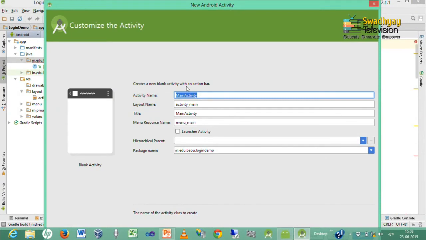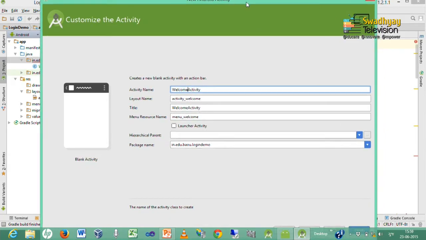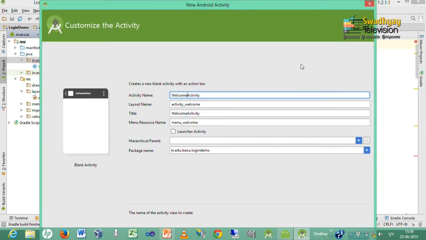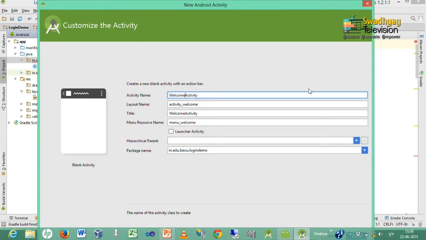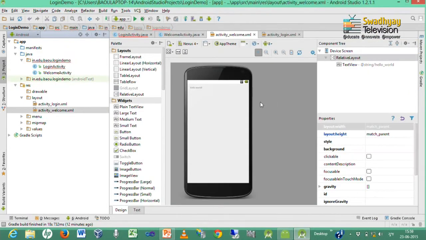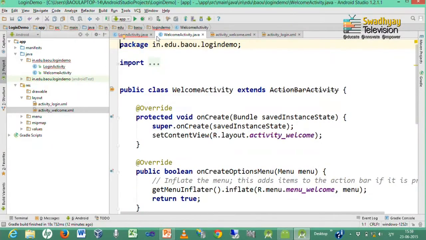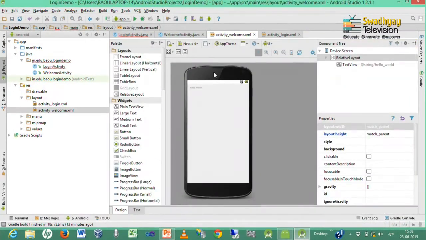Here our activity name is WelcomeActivity and we have to press Finish. It will add one activity_welcome.xml file and one WelcomeActivity.java file for us.